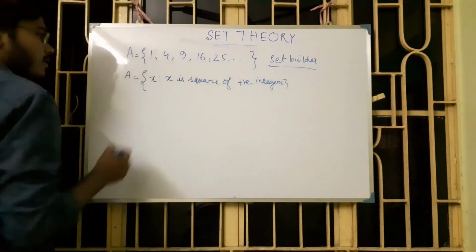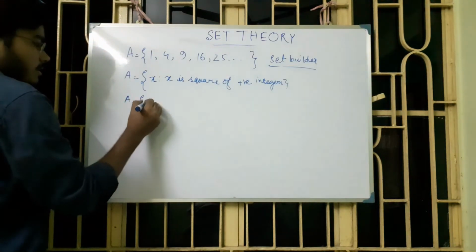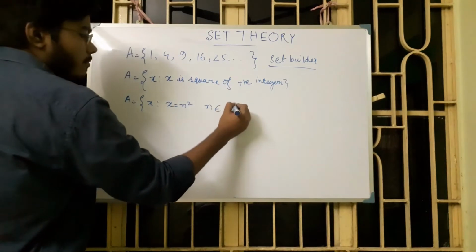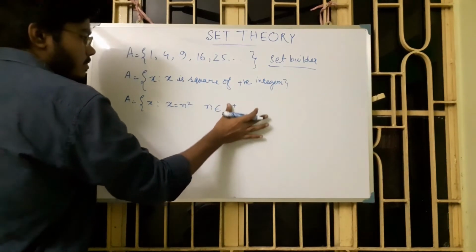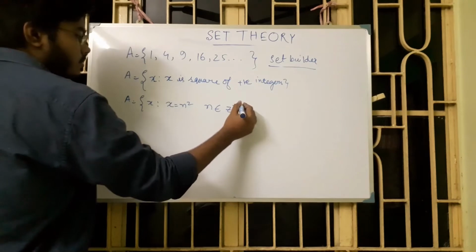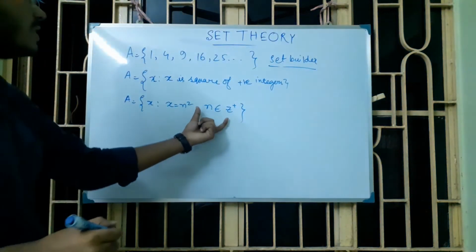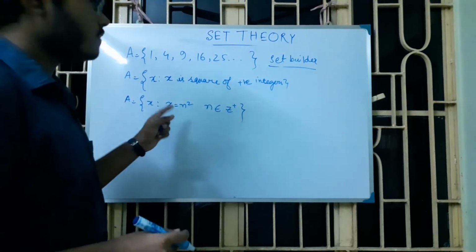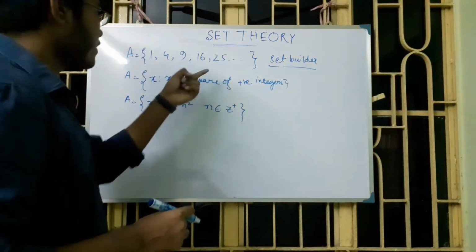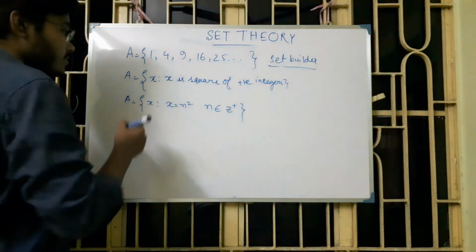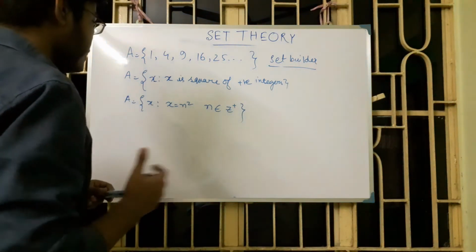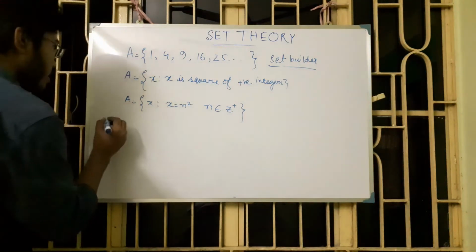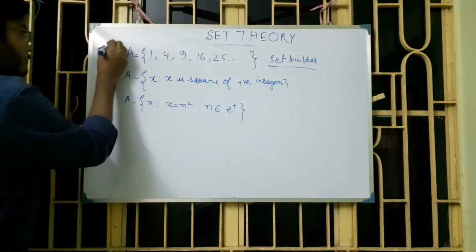Okay, and we can write this as x equal to n square, n belongs to z plus. Z plus is positive integer, so n is a positive integer and x equal to n square. N is 1 square, 2 square, 3 square, 4 square, like this. So the set is x such that x equal to n square, and n belongs to z plus. Now another problem, that is